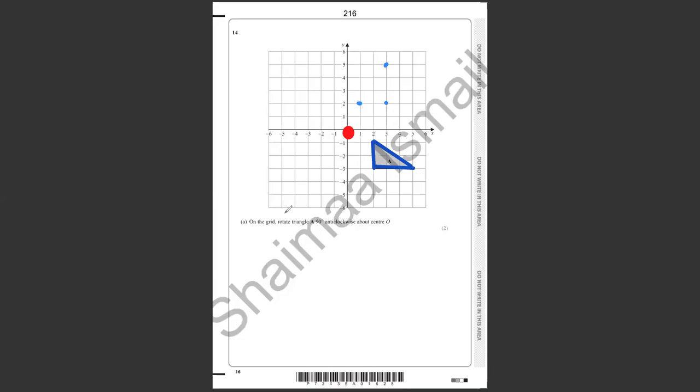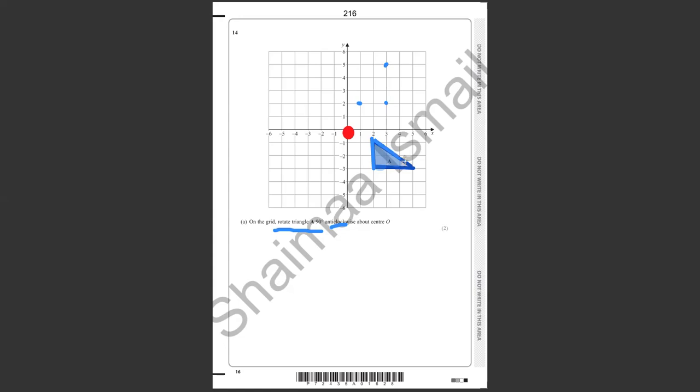Question number 14. On the grid, rotate triangle A 90 degrees anti-clockwise. So we have this triangle A, and we have to rotate it anti-clockwise. So we have to move like this, anti-clockwise. What we do is just draw your triangle like this on transparent paper and mark the edges,